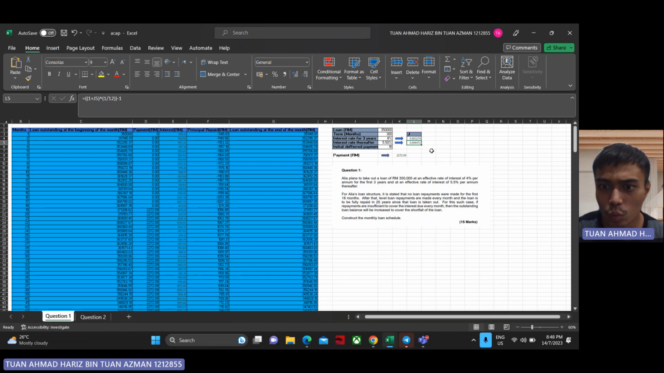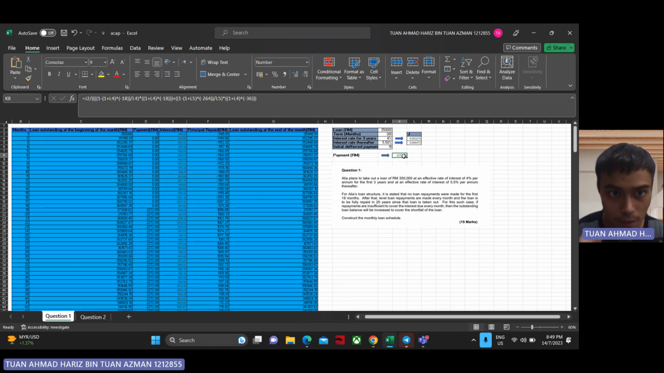From that, we can calculate the R, which is the payment that we're going to include in the table for the loan schedule. The formula that I use to calculate the R is the PV basic annuity, where R equals the loan, which is 350,000, divided by the bracket 1 minus 1 plus the interest rate of 3 years, close bracket, multiplied with the power of negative 18, divided by the interest rate for the first 3 years, which is 4%,